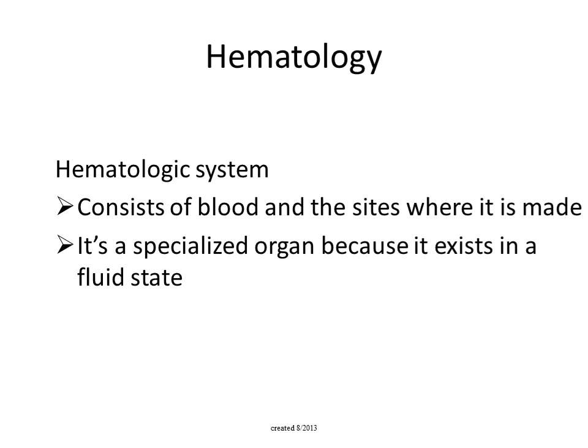All right, let's shift gears a little bit. We're going to talk about the hematologic system. And so what is it? What is the hematologic system? That is all the blood and all the spots where it's made. The blood is considered an organ but it exists in a fluid state. When the body needs more blood, like if we need neutrophils to fight infection, or we need RBCs, or we need platelets, we increase bone marrow production. And bone marrow is